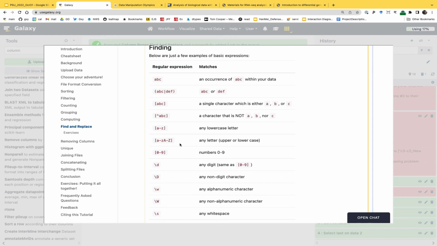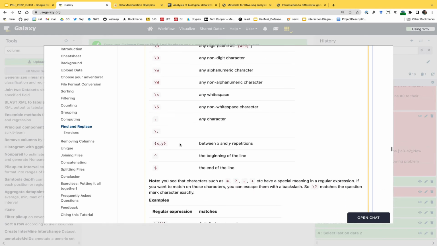Using an expression like this, you encode a single position which has letters A, B, or C. So either one of them will work. It's a single position in the word which has these letters that will be matched. Same thing, but it requires now that they need to be at the beginning of the word. And so this is any digit in a word, in white space, syntax which can get